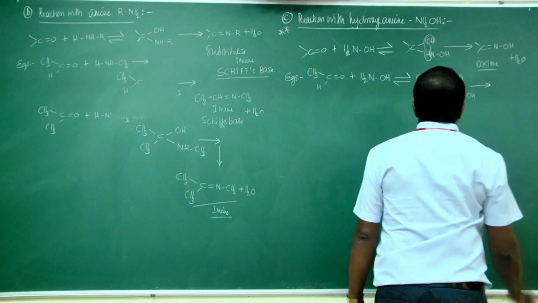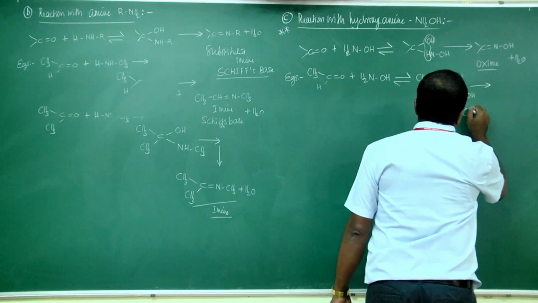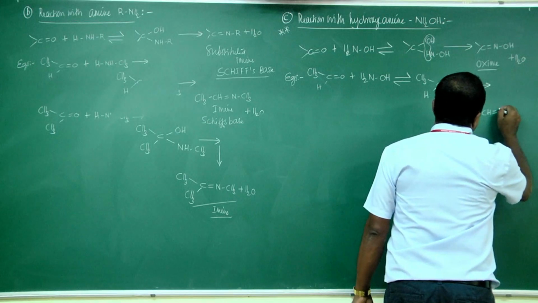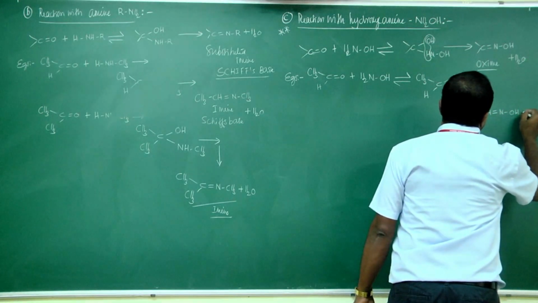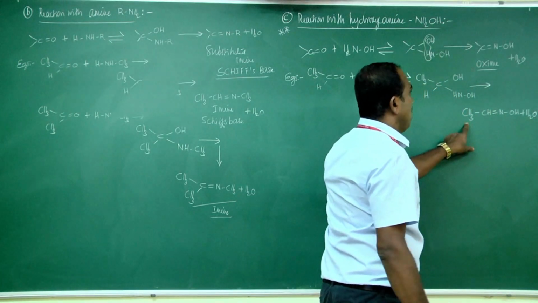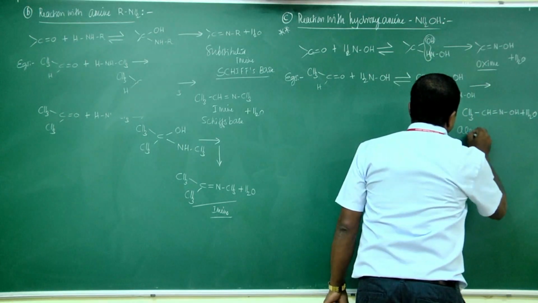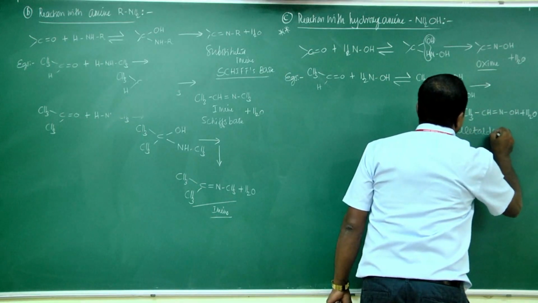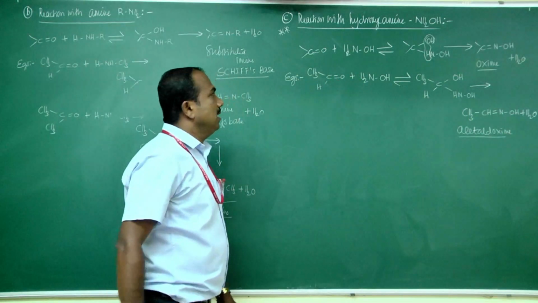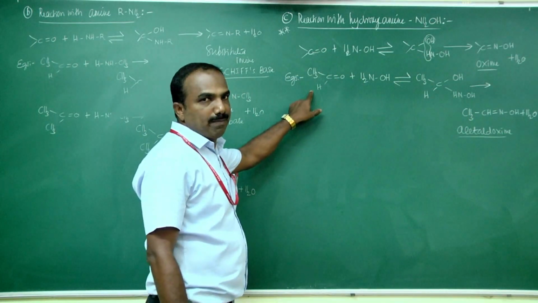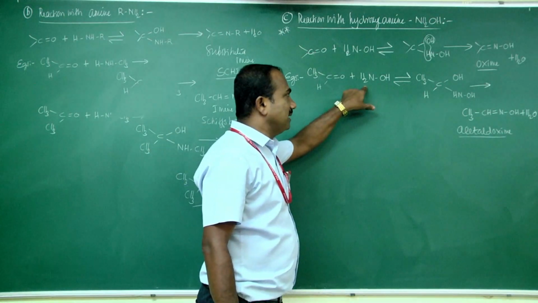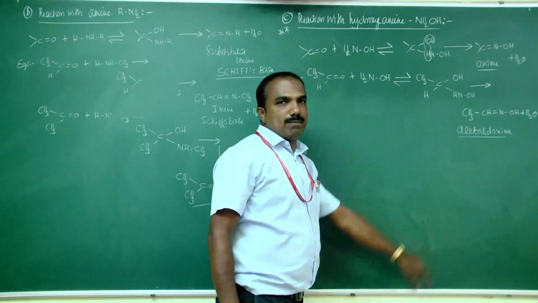Finally dehydration takes place to form the product CH3 single bond CH double bond N connected to OH plus H2O. The product formed is called acetaldoxime. So in the annual question paper, they will ask CH3CHO plus NH2OH, arrow mark, question mark. So you should